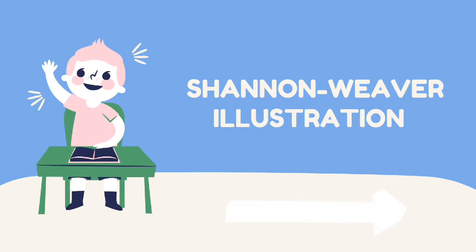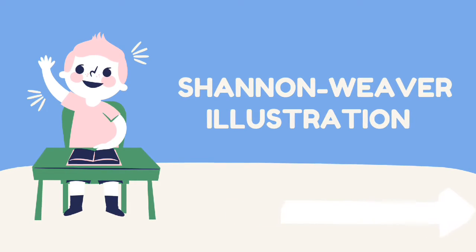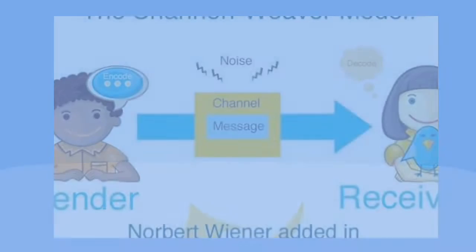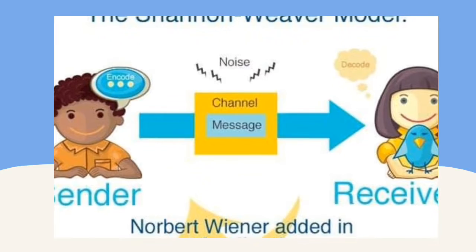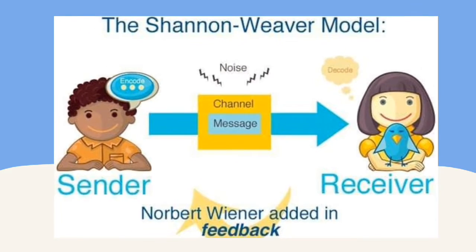At this moment, I am going to discuss the Shannon-Weaver model of communication and how it works. The Shannon-Weaver model of communication is a mathematical theory of communication which argues that human communication can be broken down into